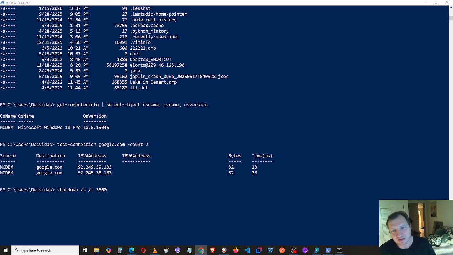PowerShell at least is Windows trying to get closer to Linux, and Linux, of course, still has much more stuff that you can do. It's much more customizable and everything else, but at least now we have Windows PowerShell, which is nice and good,